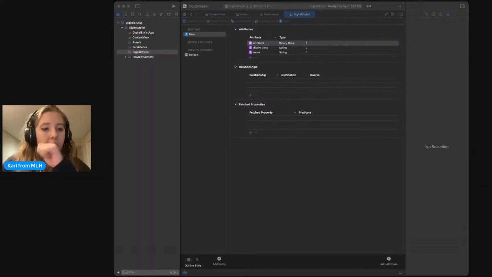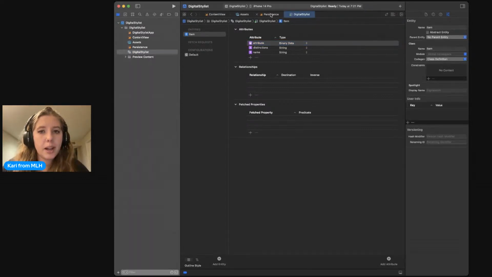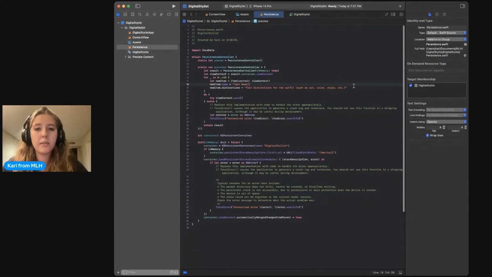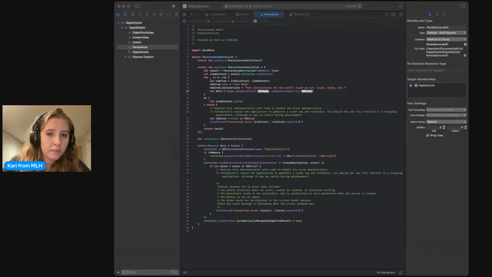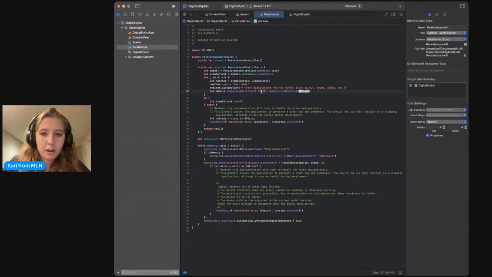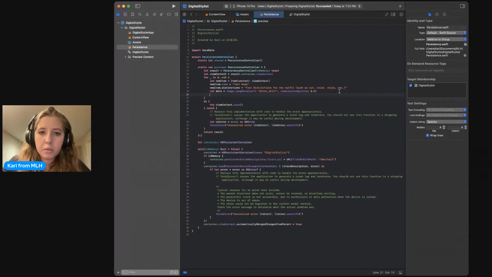And the way that we can do that is we can do it as JPEG data. So what we can do is say let data equals image dot JPEG data,